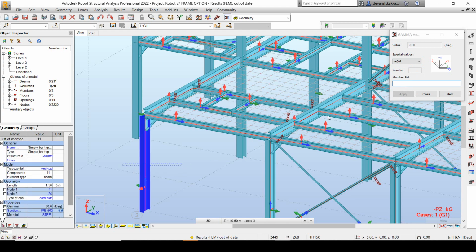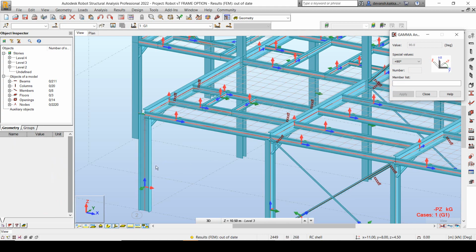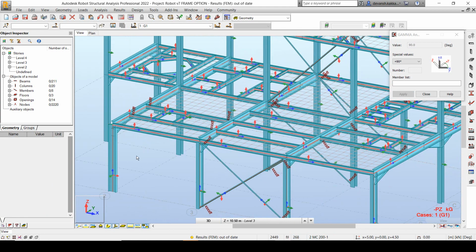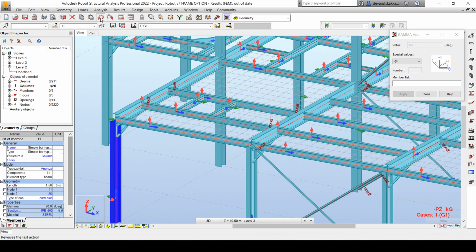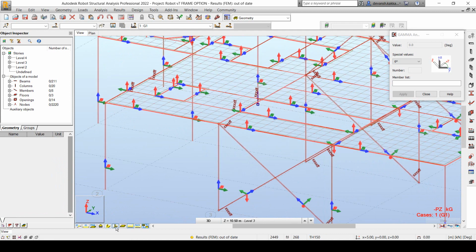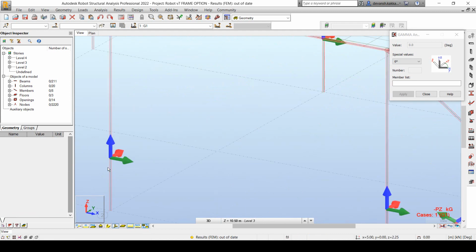So it allows me to rotate the member about its local x-axis. I've also turned on the visibility of the local axis system for the members. The blue arrow is what indicates the local x-axis of a particular element. So it is always from the start node to the end node of the member, or it is parallel to the direction indicated from the start node to the end node.